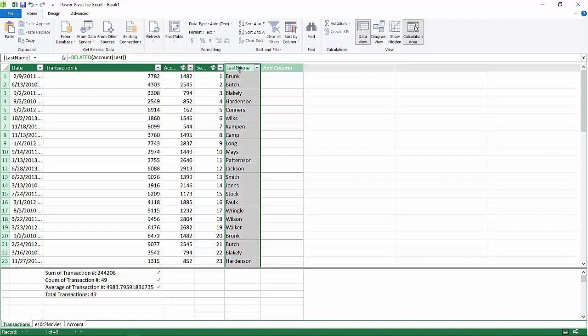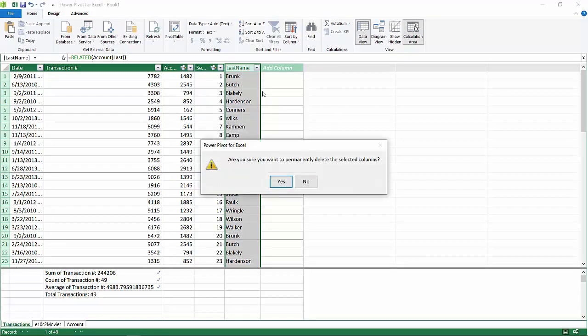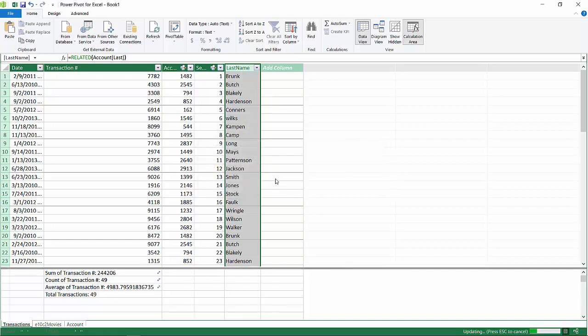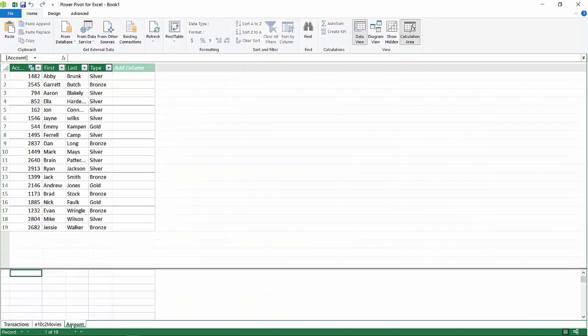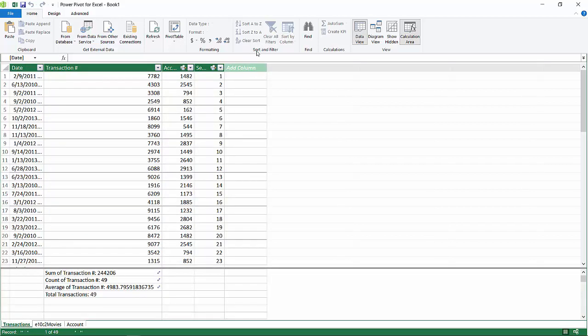So I'm going to grab this column. We're going to delete it. And let's do something else here. So let me just quickly show you. On the account table, you've got these membership types: bronze, silver, gold, okay? So what we're going to say is the benefit of having a gold membership type is that your movies are cheaper. So you pay 99 cents if you have a gold membership type versus, say, $1.99 if you have anything else, okay? So what we're going to do is we're going to add